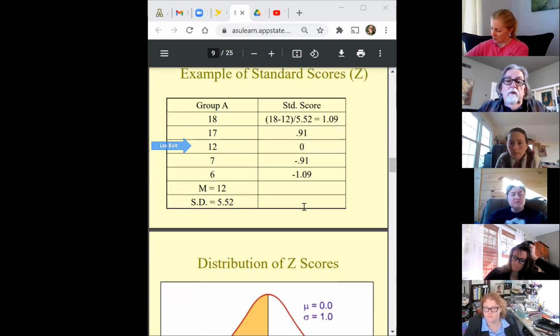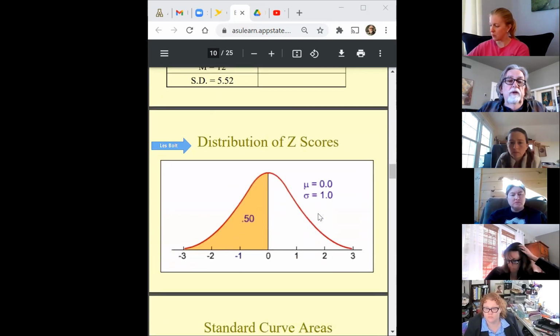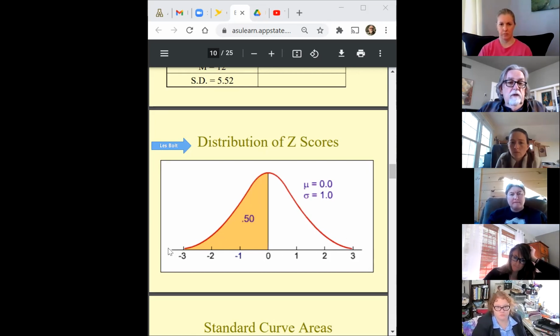In that regard, we can now distribute those standard normal scores, or z-scores, and we get the basic standard normal distribution. The only difference between this and any other normal distribution is that this is a distribution of standard scores. And if you have all the standard scores in a data set plotted on a distribution, it will look exactly like this in terms of the values